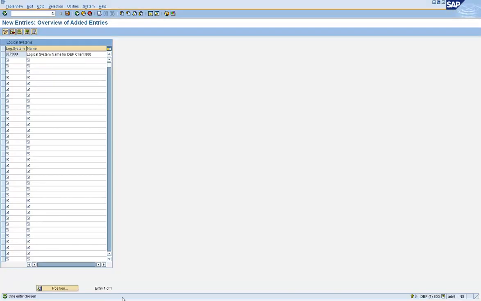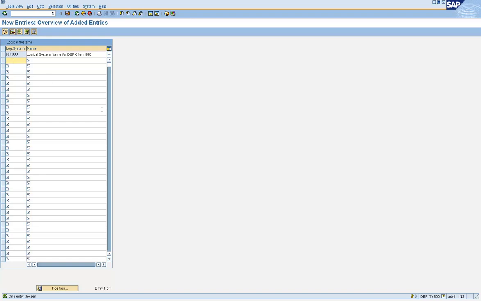So the logical system names for both clients have to be defined in each system. We created the logical system name DEP 800 for DEP 800 here, and in DEP 800 we also have to define the logical system name for BW1 800.